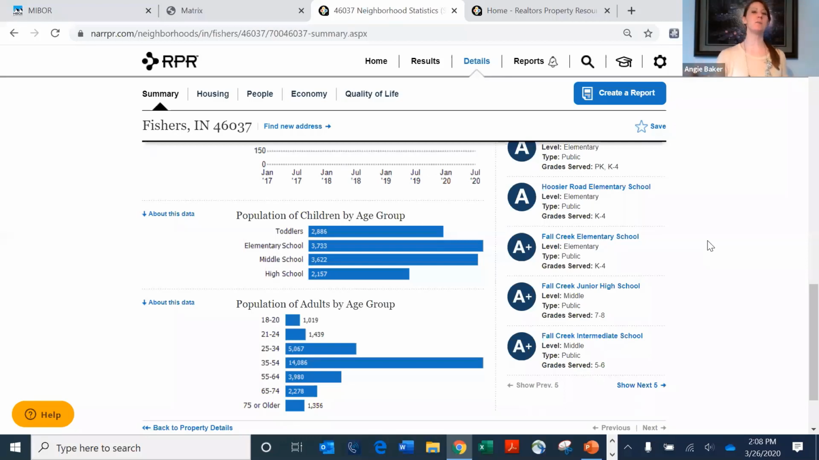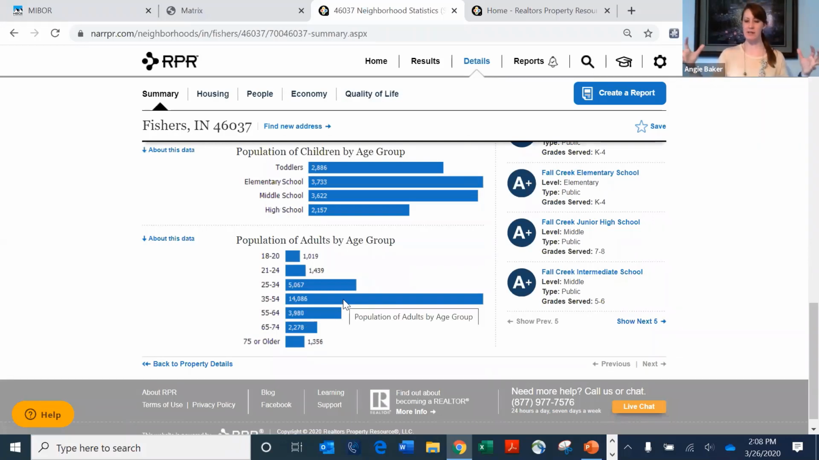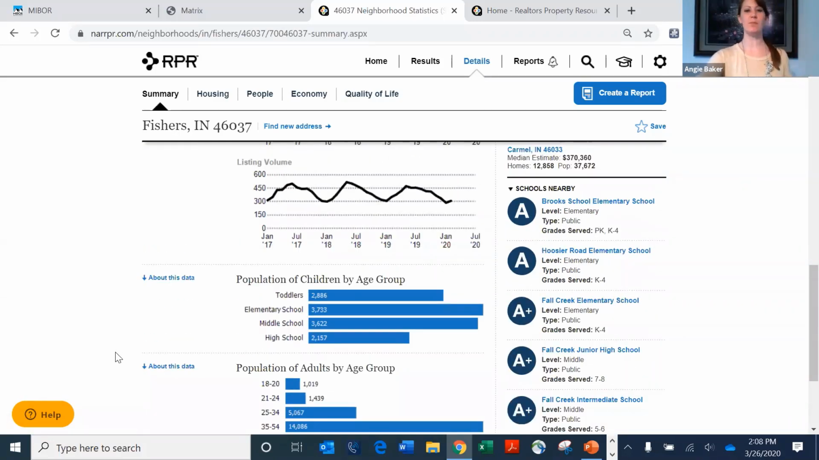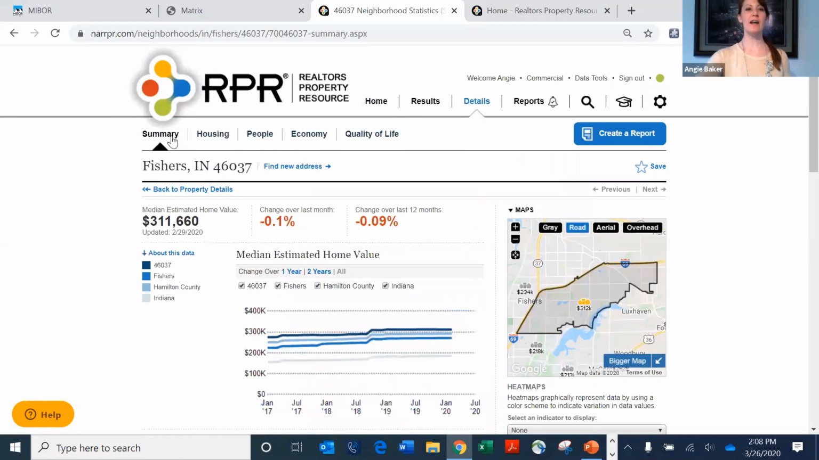So in this zip code, what's the population of children look like? How about adults? This is just census-based data. Since 2020 is a census year, this will get updated even better. Right now, it's based on 10 years ago census data and then just updated by transactional history. So this is going to show me some of that census-related data, population information, and then I have these tabs